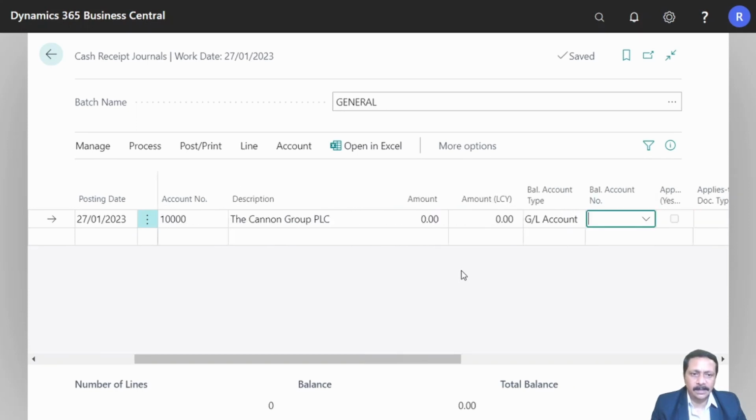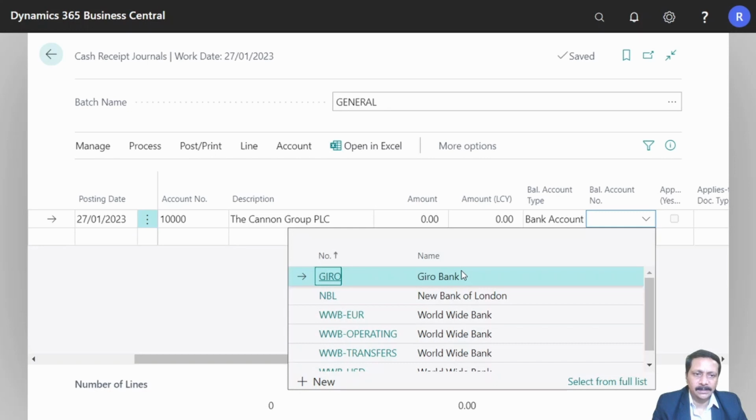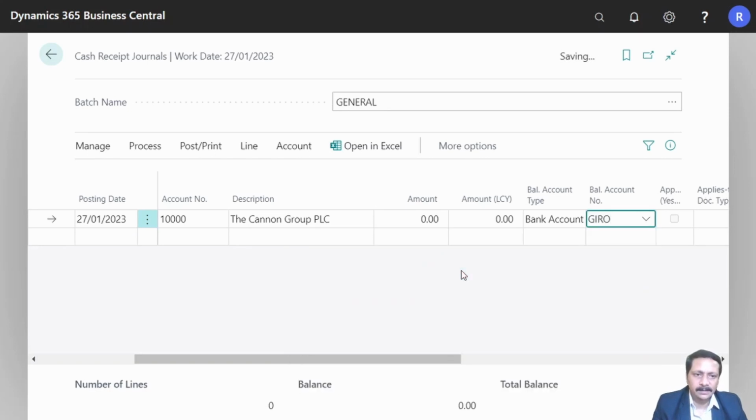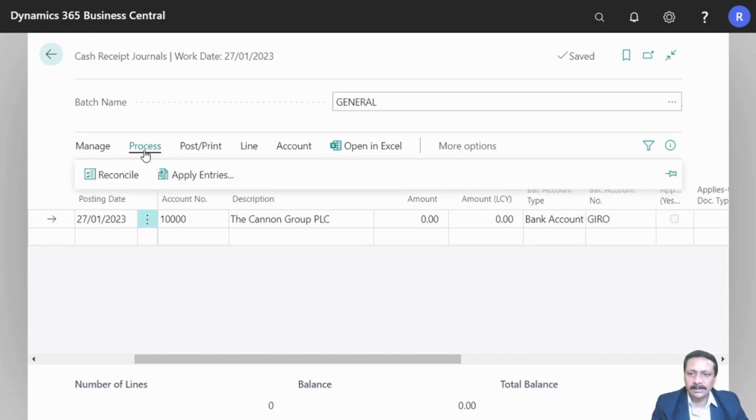Go to the balancing account field and select the bank account. Select the bank account number into the balancing account number field. Click on the process and apply entry. To apply